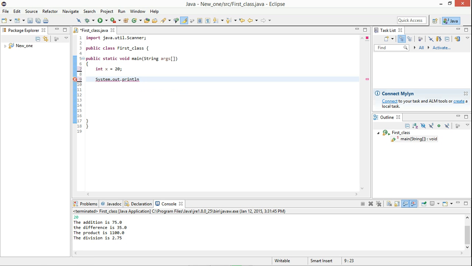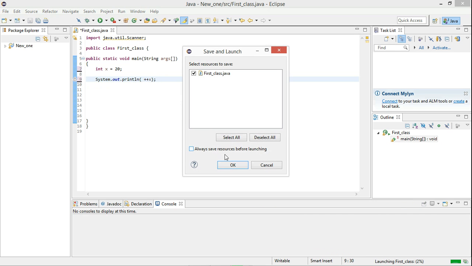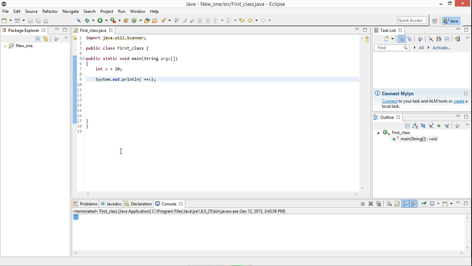System.out.println, the value of x is, or just forget about it, there would be two different things I would want to show you. This is plus plus x, that means pre-incremented value of x. This statement would print the pre-incremented value of x. Now if I compile it, what it would give me is 21. That means 20 was the initial value, and when I printed the pre-incremented value, what this did, it increased the value of x